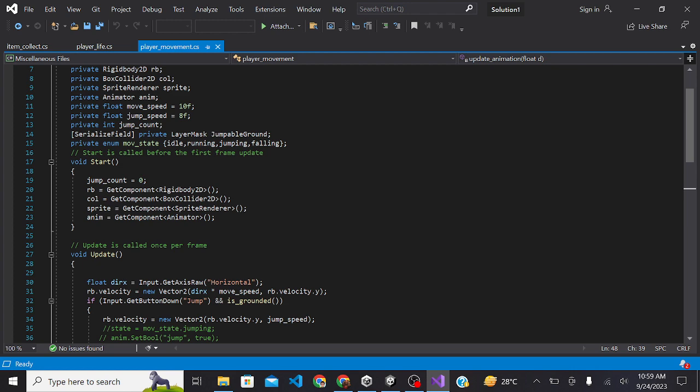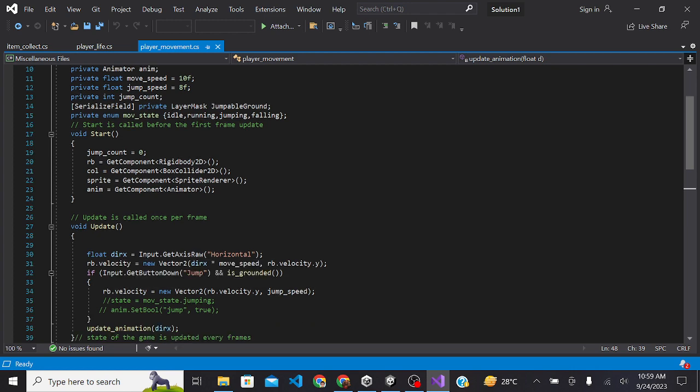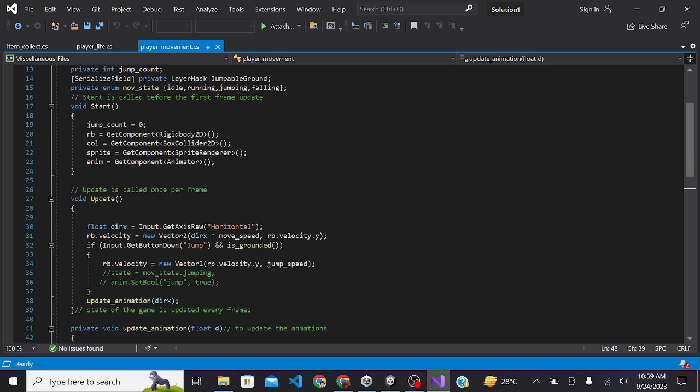For instance, rigid body for RB, collider for box collider. Each of these variables will then be used throughout the code, and then we've got the update function, which is updating each frame,